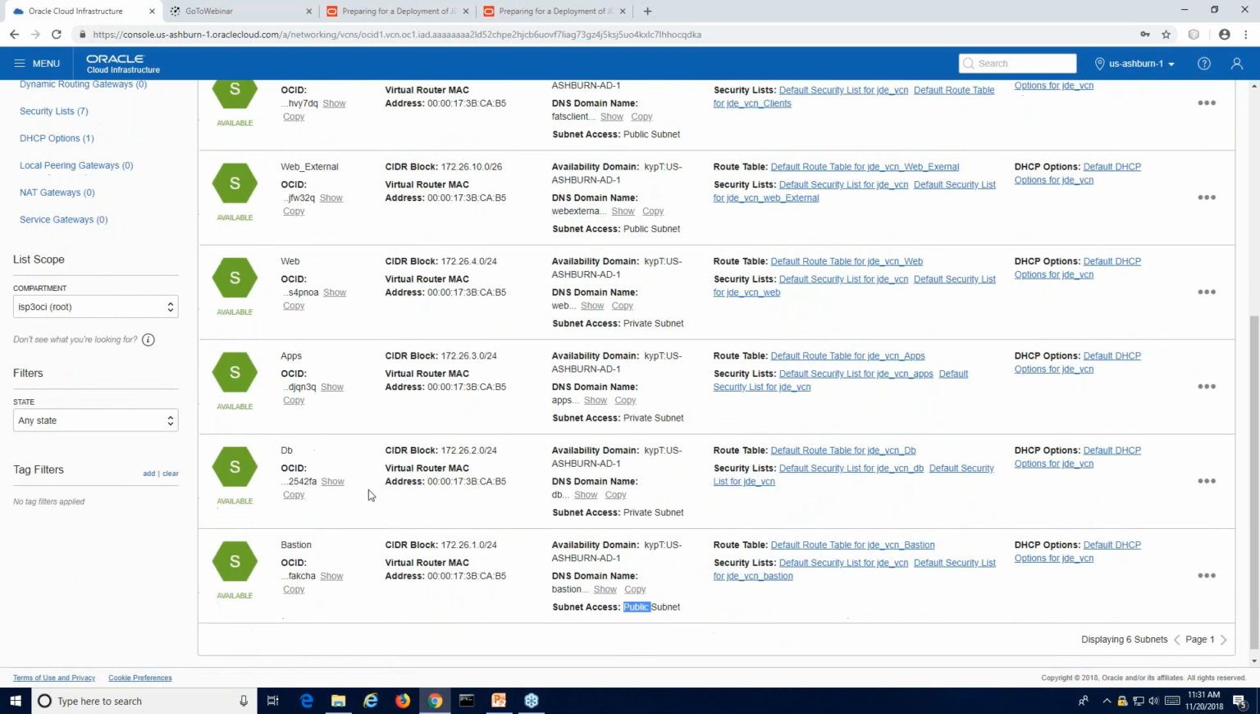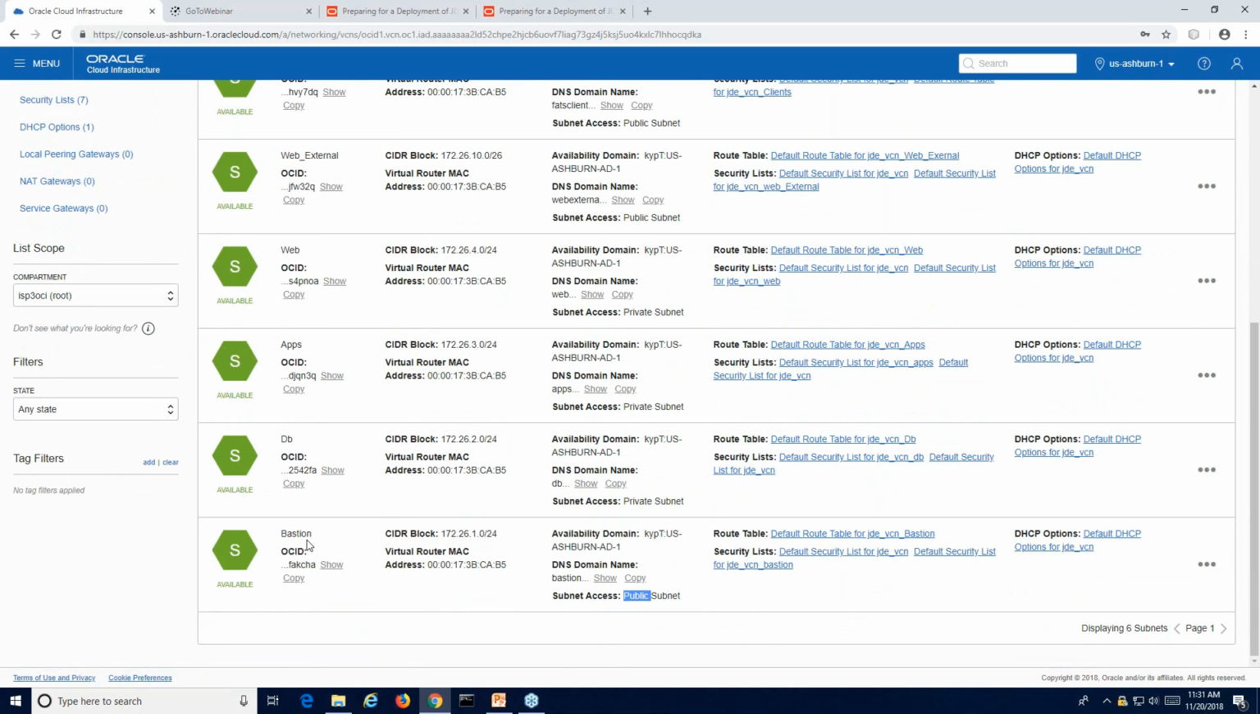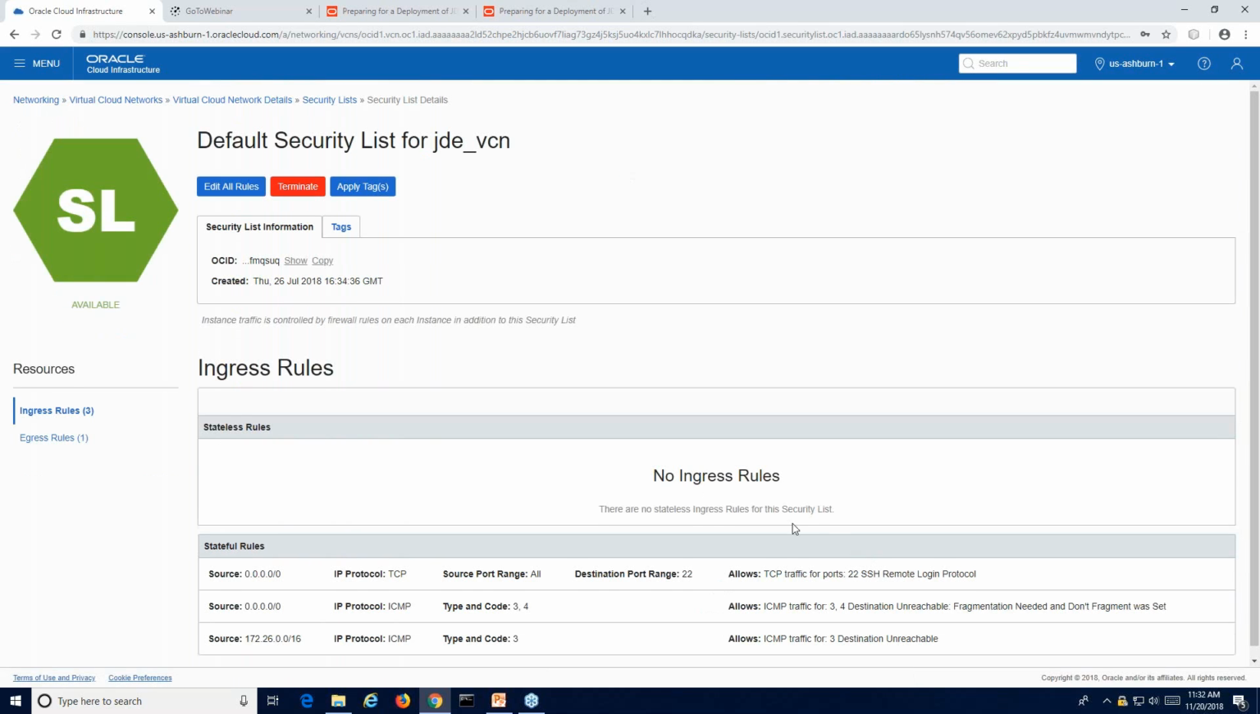So let me drill into the security rule. Before that, let me get into the Bastion subnet, and I will show you what the IP addresses are and how this configuration is set up. So once I go into the security list, you would notice